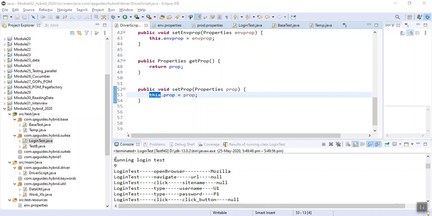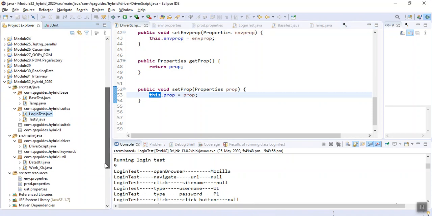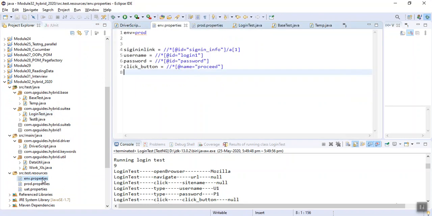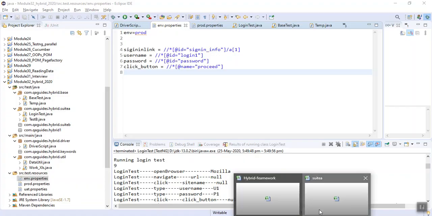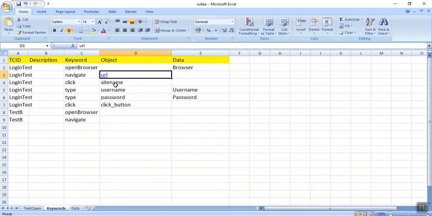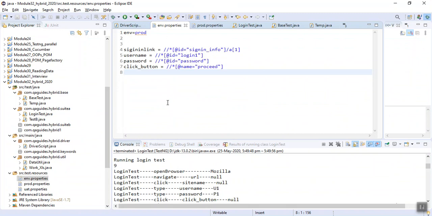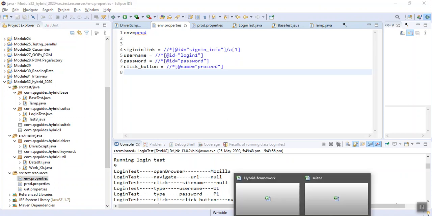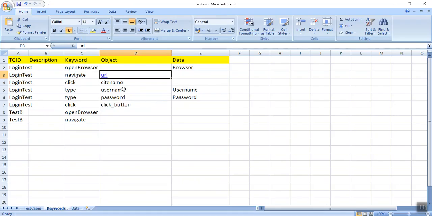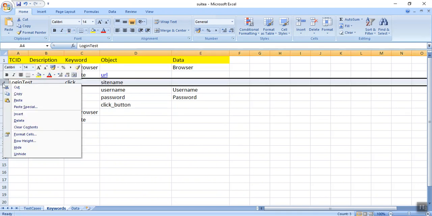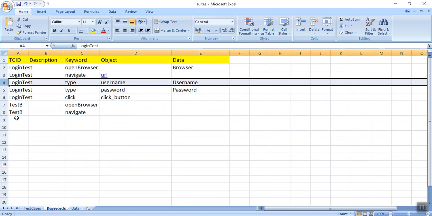Now if you see, our normal environment file has all these objects: site url, username, password, click button. Just delete the extra one, don't need it.